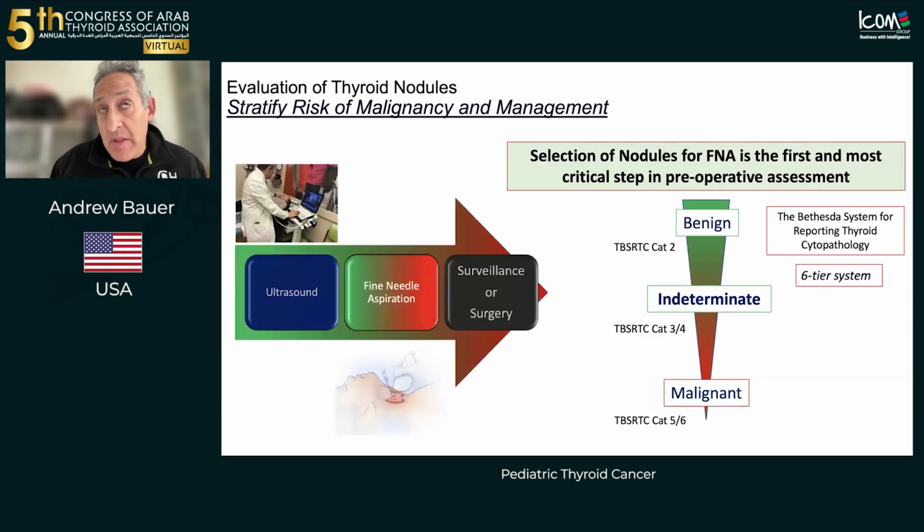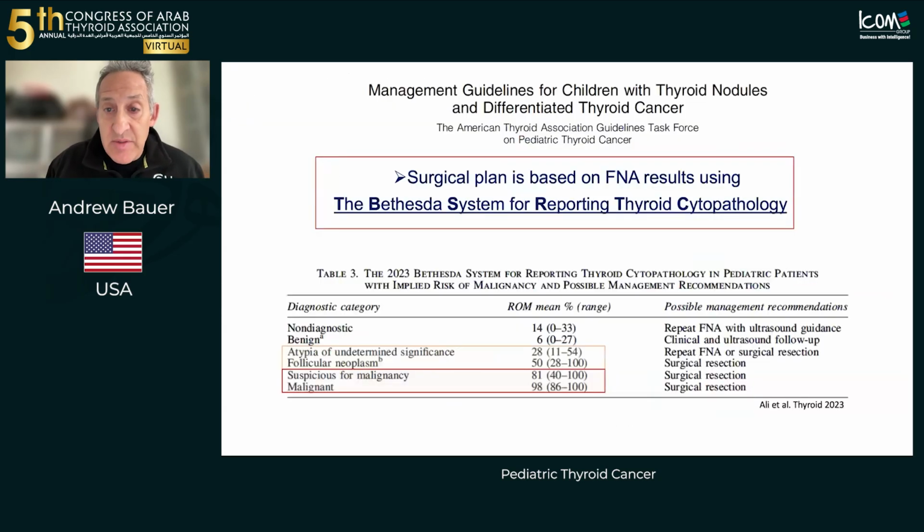We all know that many of us are using the Bethesda system, and we all know that it's a 6-tiered system, so it really is important who you select for cytology. Within that system, as you look here, the risk of malignancy within indeterminate cytology is higher in pediatrics than adults, and the range of the risk of malignancy within atypia of undetermined significance and follicular neoplasm is even more broad